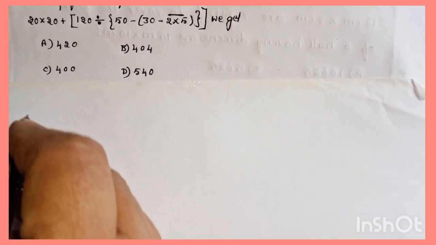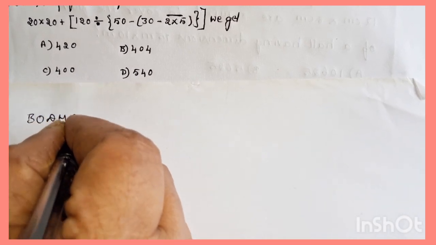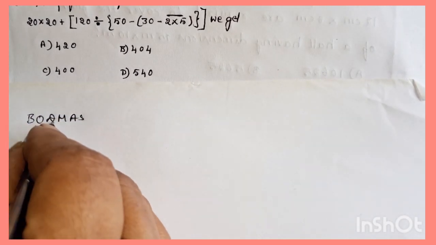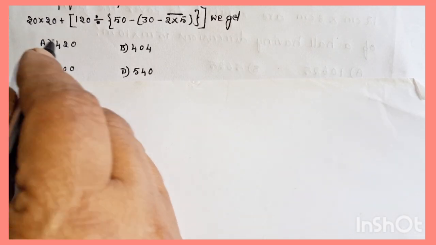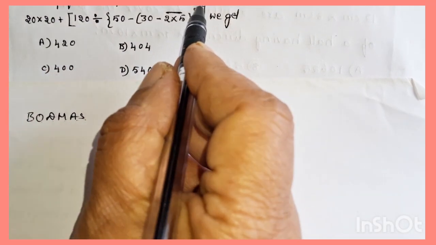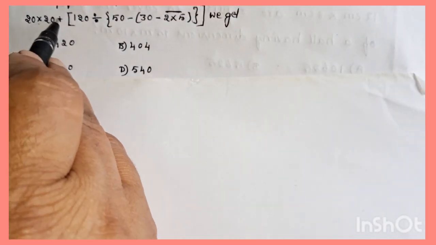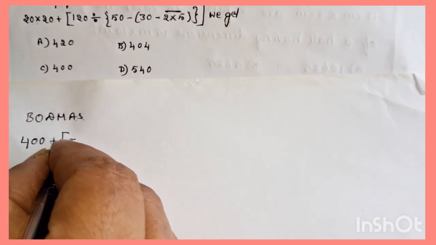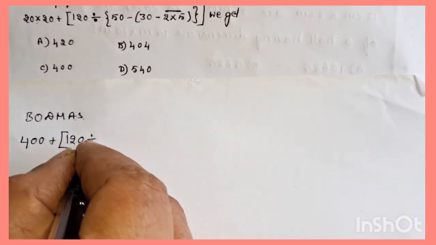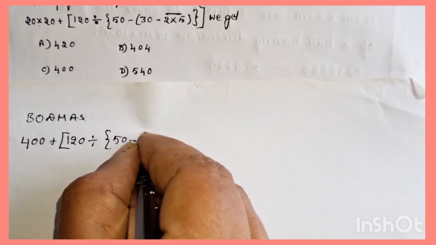For this type of problems, we must follow BODMAS. B stands for brackets, O of, D division, M multiplication, A addition and S subtraction. Therefore, we simplify inside the bracket first and start with 2 multiplied by 5. It becomes 20 multiplied by 20, 400 plus inside the bracket 120 divided by 50 negative 30 negative 2 multiplied